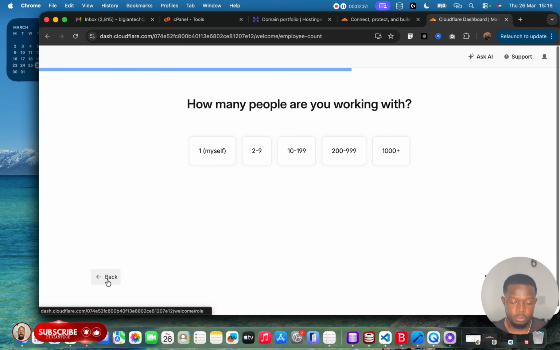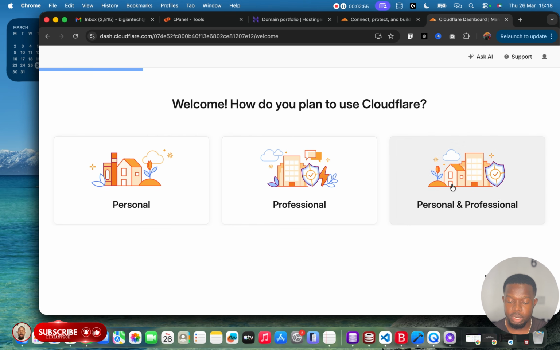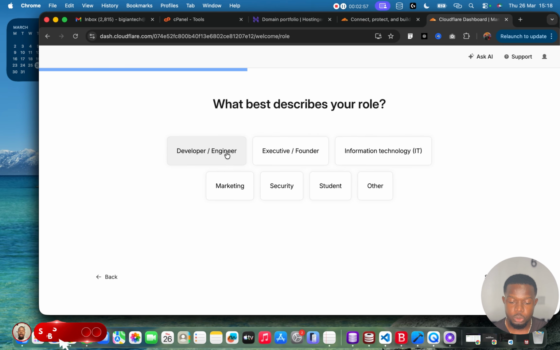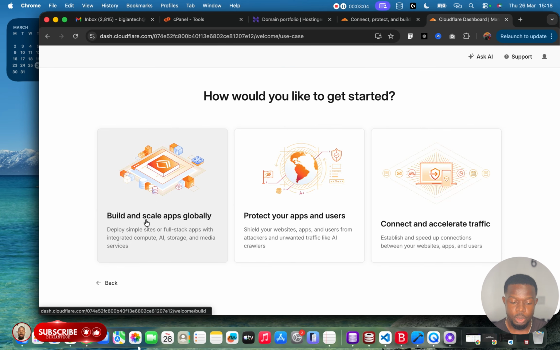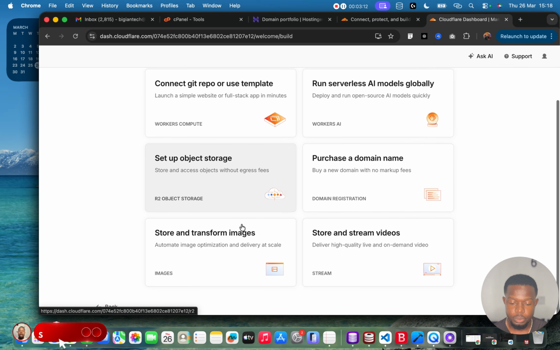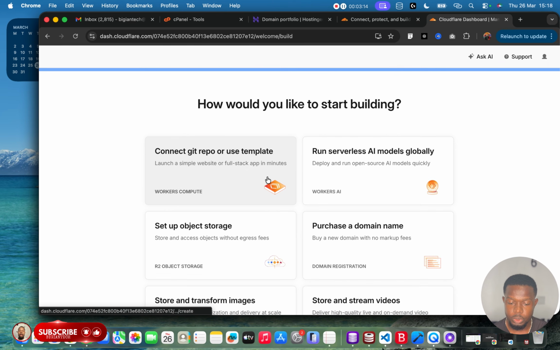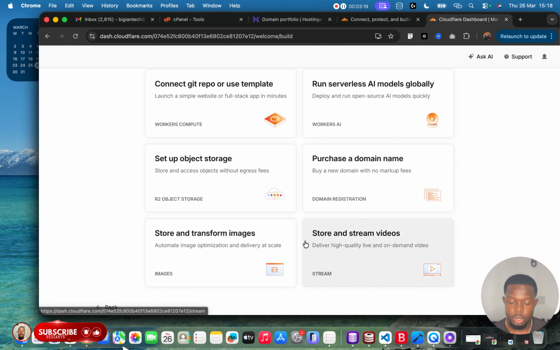So let me just go back for those who are into enterprise. If you just go to personal and professional, go to developer or engineer, then you click 1000 plus. Then you build and scale apps globally, protect. It all depends, it doesn't really matter. So, let's say, how would you like to start building? Okay,